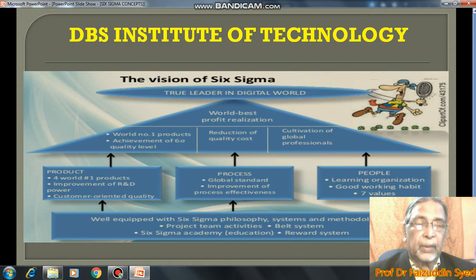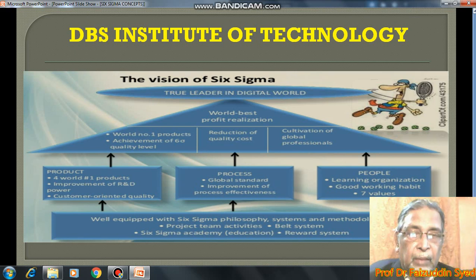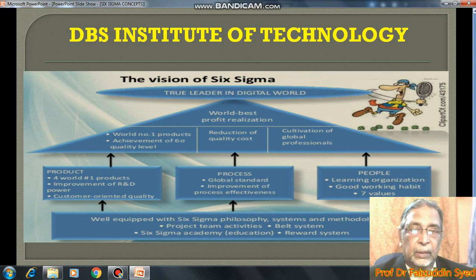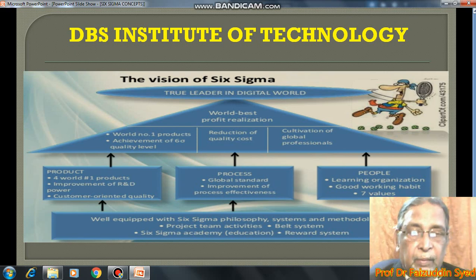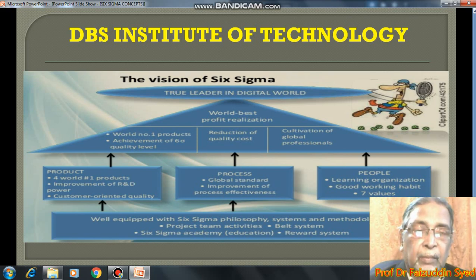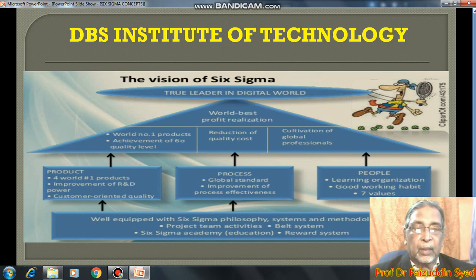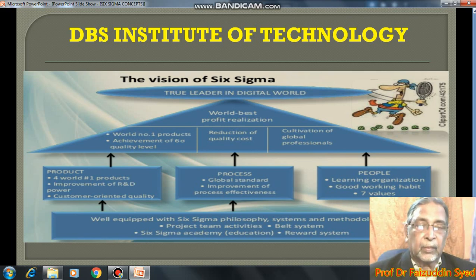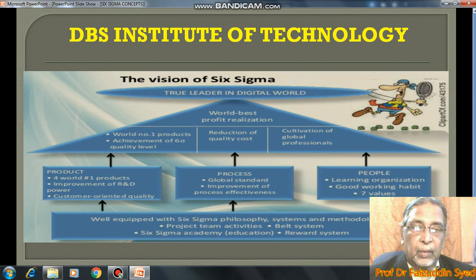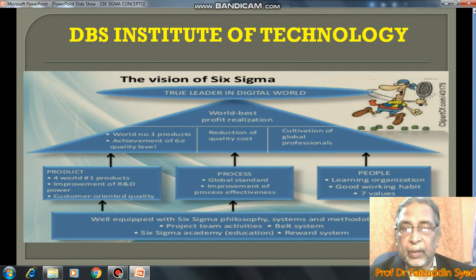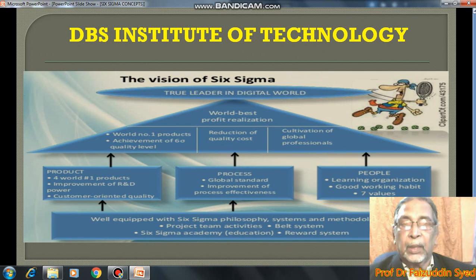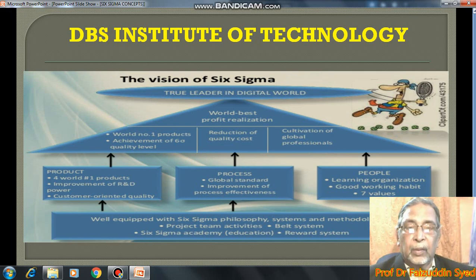The vision of Six Sigma, you can see here, well equipped with Six Sigma philosophy, systems and methodologies, project team activities, different color belt systems, Six Sigma Academy for education, and rewarding system. This connects with the product, process, people. This creates a product of world famous number one products, and the process